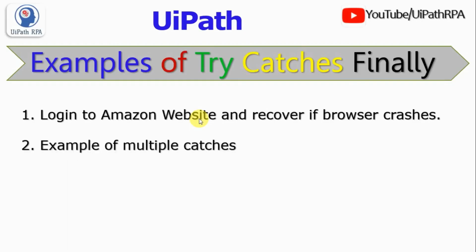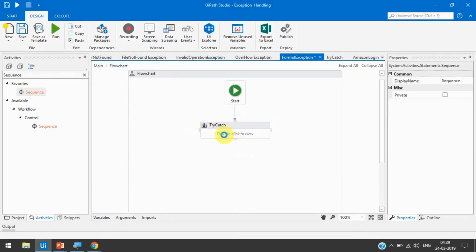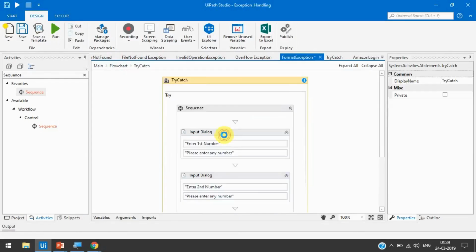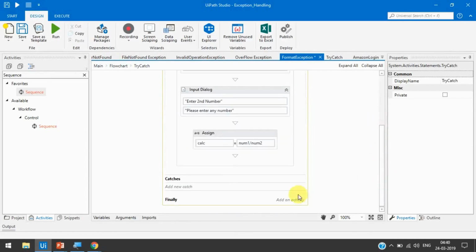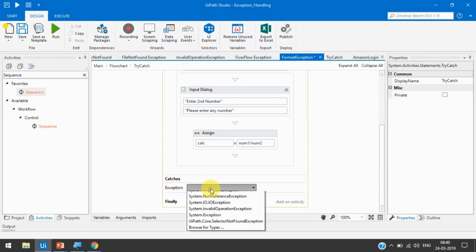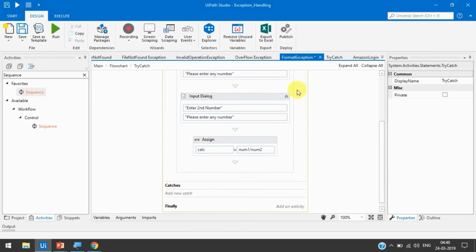See the second example, multiple catches. Press Ctrl T to put that activity in, add a log here, and then we'll take multiple catches here. I will show you how to add multiple catches. We can click on add new catch, and we can select from here, let's suppose we are getting an error like format exceptions.